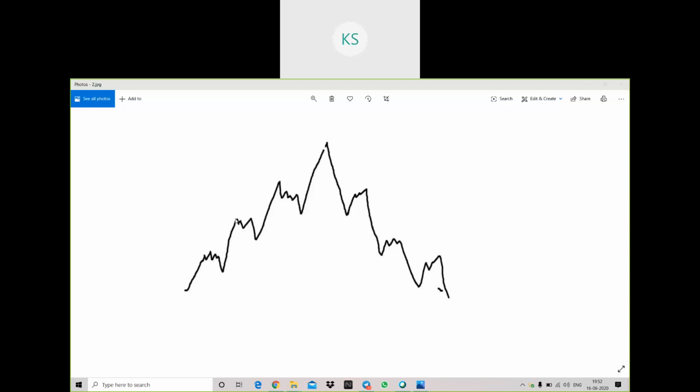Then again it went higher, and again it halted there and stayed for some time. Then again it went downward, and again it made a new high, and again it halted, and in a similar way it went down, and again it went upward. From here, if you see, it has gone down, and in a similar way, when a stock is going down, it will halt for some time, go up, and then again come down. It will halt for some time, and again go in the opposite direction.